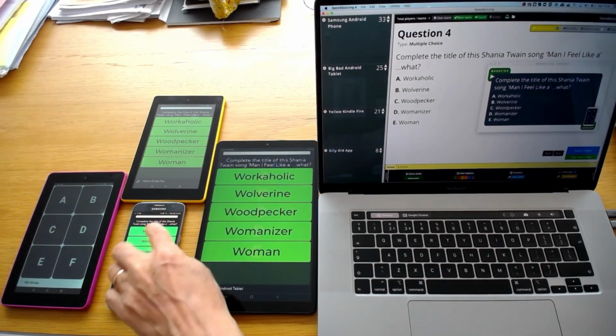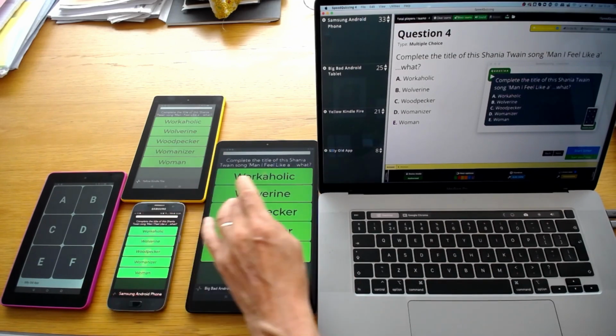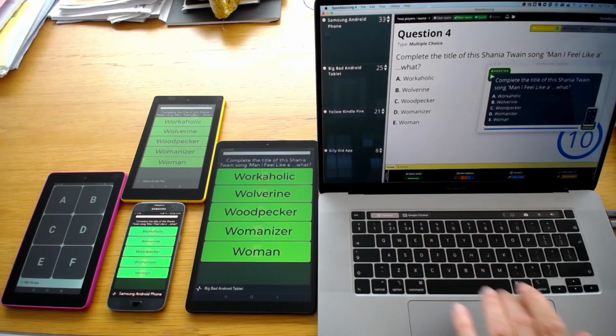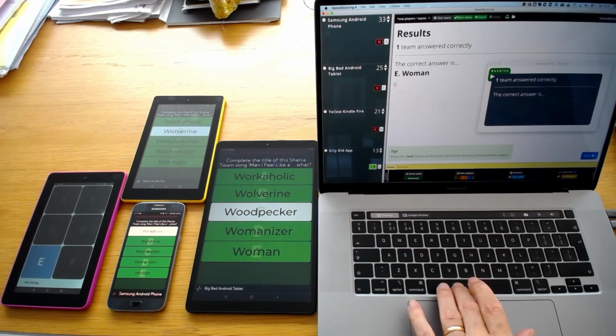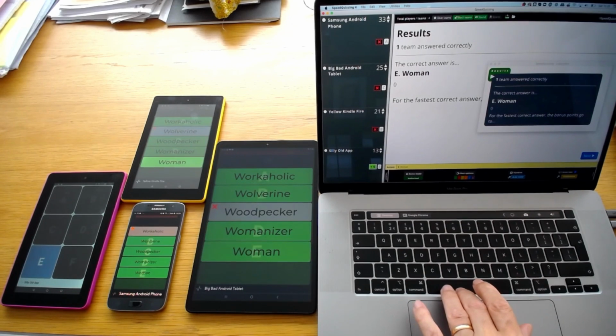If it doesn't all fit on, or if they've got a little device, they can tap that and they get a bigger version of it. And your 10 seconds starts now. One team answered correctly. The answer we're looking for is E, woman. Fastest correct answer